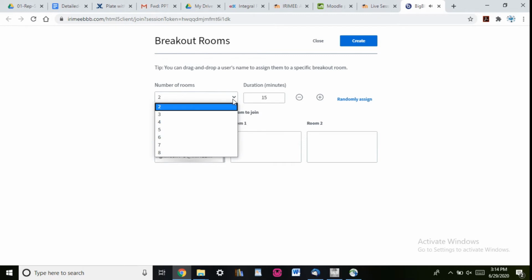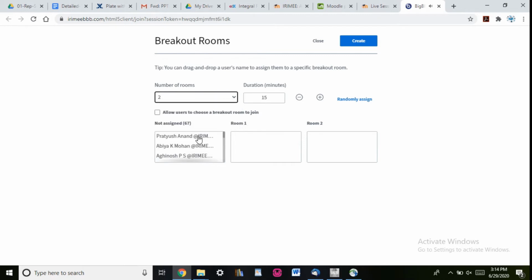I'll create 2 rooms and I'll randomly drag a few people into these rooms. Okay. So there are 65 users, so you can actually randomly assign them and then click on create to create a breakout room. So you can give trainees topics to discuss, and this makes the session very, very interactive.